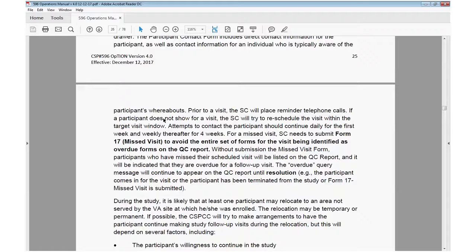Attempts to contact the participant should continue daily for the first week and weekly thereafter for 4 weeks. For a missed visit, site coordinators need to submit a Form 17 missed visit to avoid the entire set of forms from a visit being identified as overdue from the quality check reports. With missed visits,